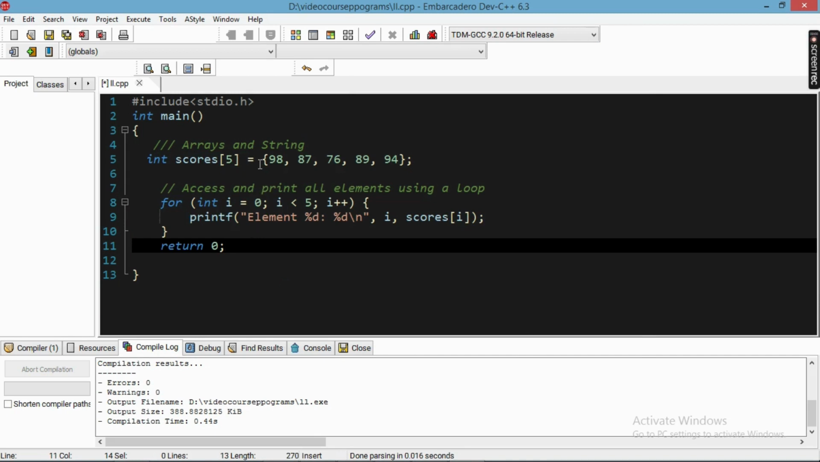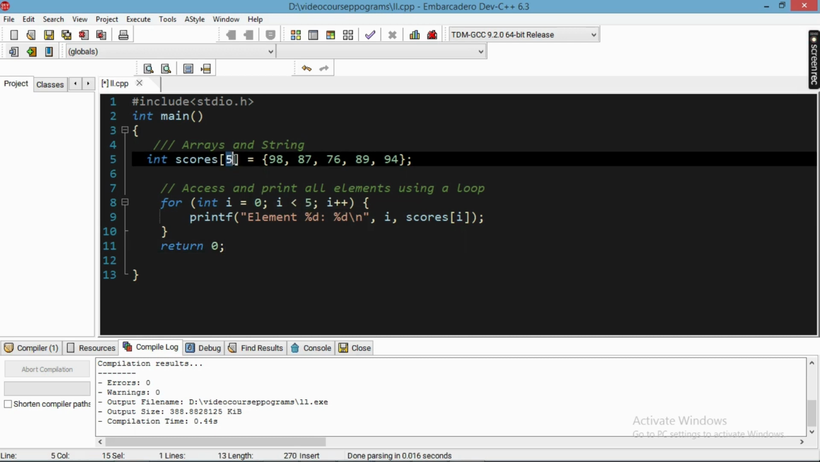Now what we are doing here is, we access the values of the array by using a loop. So how are we going to do that? As I said, the index number always starts from 0. So 98 is on 0. So what we do here is make a loop according to the index numbers. i is equal to 0, because the index number starts from 0. So we put i at 0 and make a condition, i less than 5,